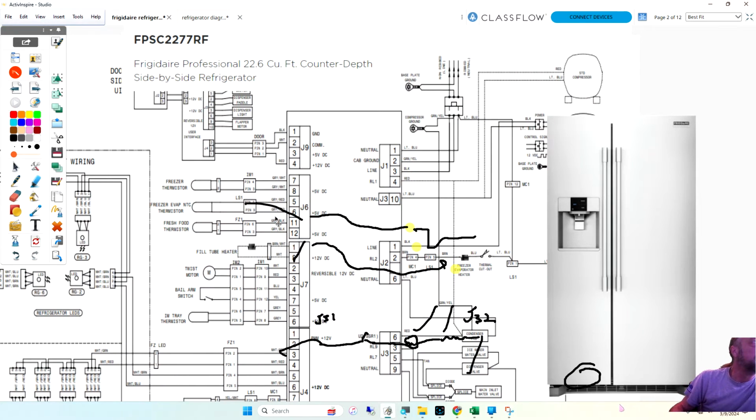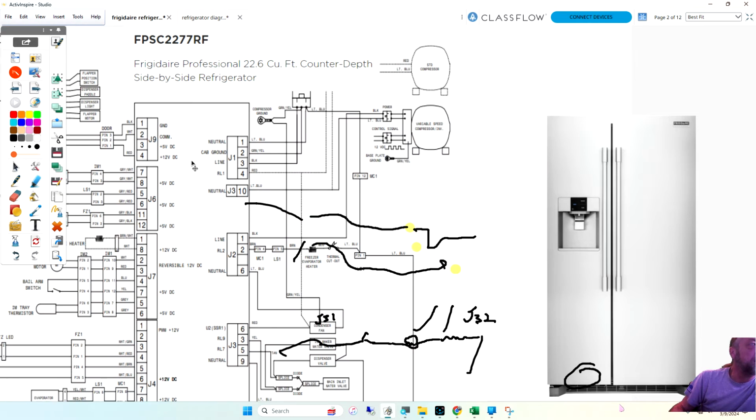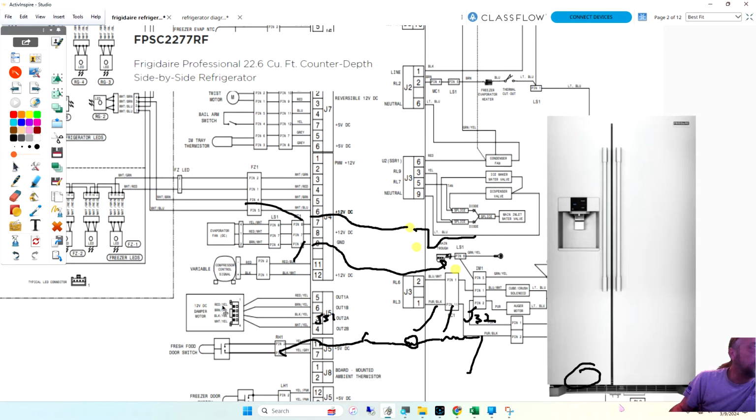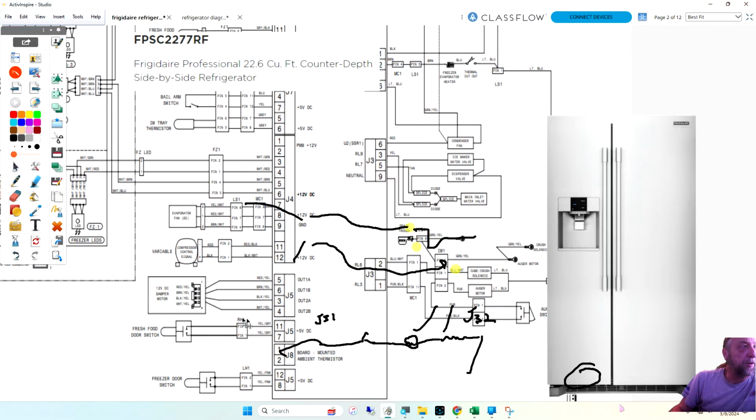Here we go. See if I can find the damper on here. I haven't even looked for it. Here it is right here. Our damper is right here on plug J5. I know it's a little blurry, but I can't screen capture it, that's why I have to do it in little pieces. But the fresh food thermistor is telling the board, hey, the refrigerator's too cold, and then the damper will close and restrict the air from the freezer to cool the fridge, or otherwise it's going to freeze your milk